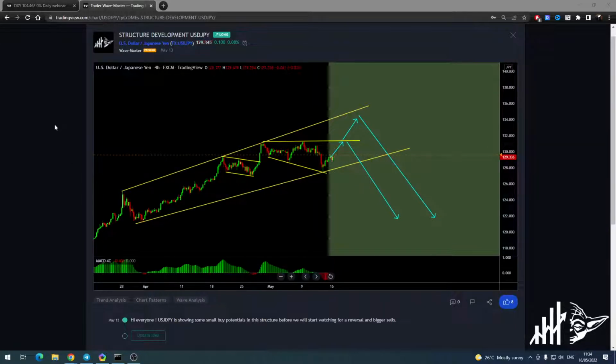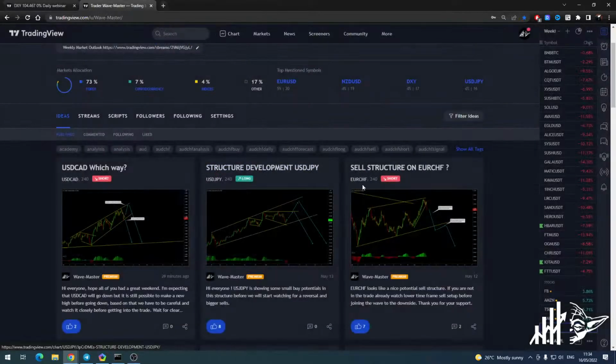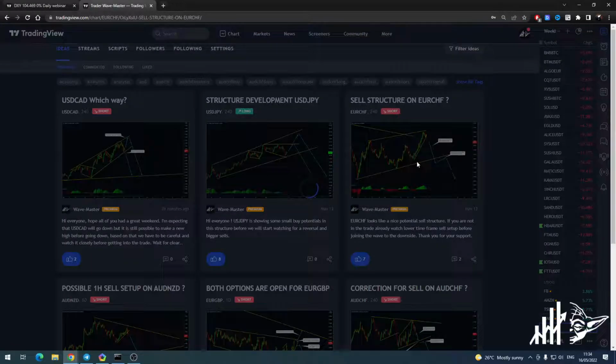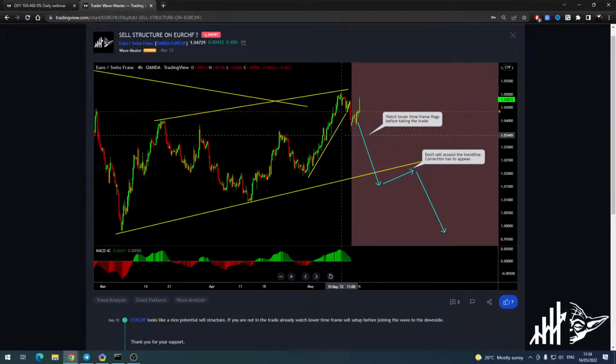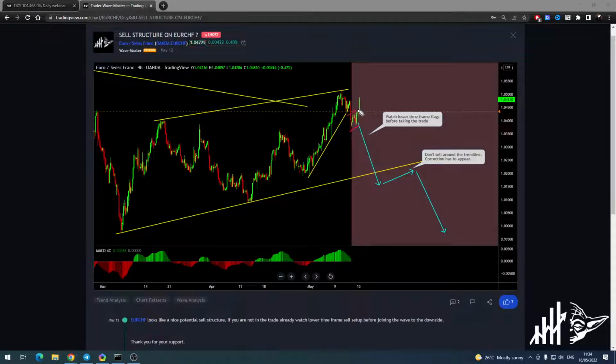So keep an eye, watch for the sell stops, and buy only as a day trade or with small profits. That's what you can go for. We currently have a sell structure near completion. We had a correction, it didn't play out. There was some correction, and this morning it decided to go for another new high. So this price will probably correct, make another high, and then start its move downside.